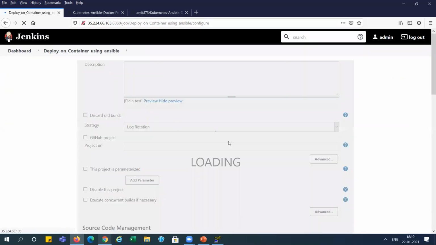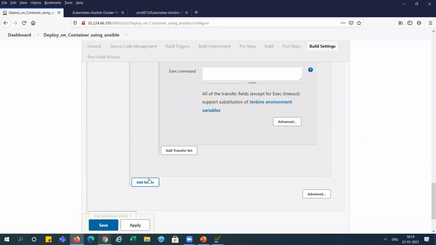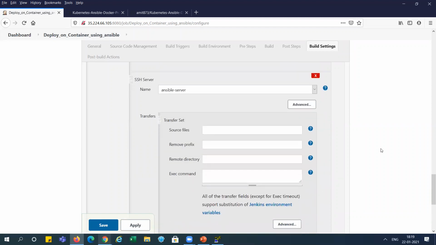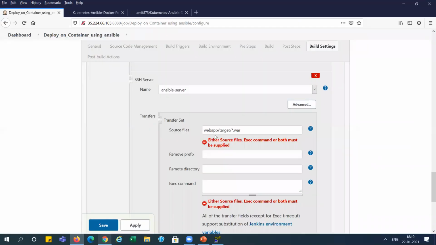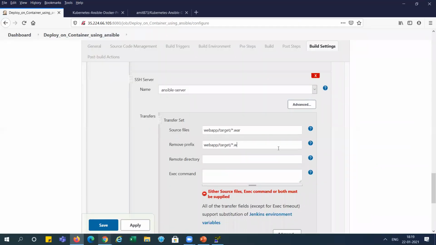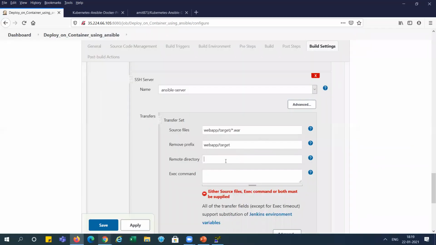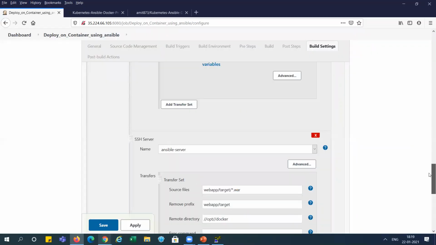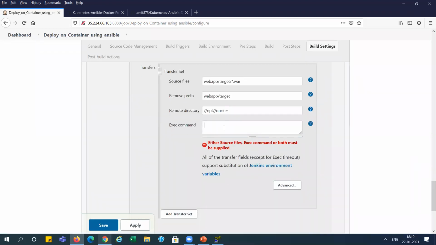and here I'm adding one more server of details for the var file. This is the same Ansible server, and source you can see here, this one, and remove prefix. Okay, and we will copy into the same folder, right? Var file. Remote directory is the same, which we have used in the earlier location. We want to add the var file also, and execute command.